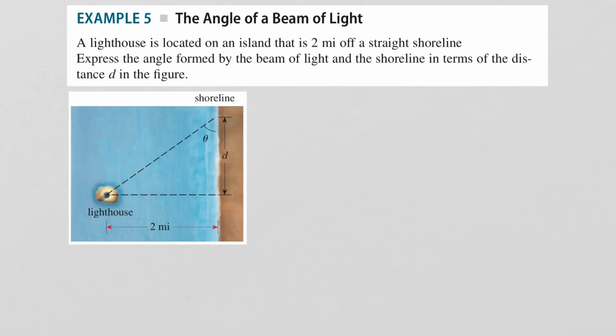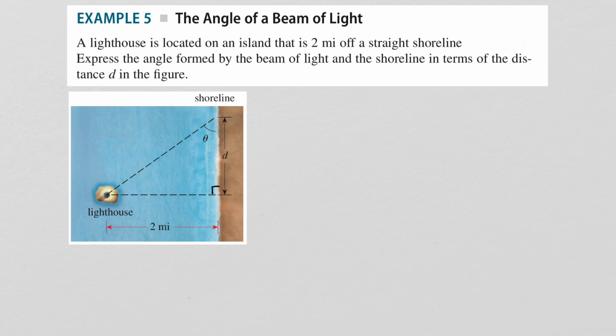In the next example, a lighthouse is located on an island that is 2 miles off a straight shoreline. So we have a straight shoreline here. The distance that the lighthouse is from that shoreline is 2 miles. Now, a distance from a point to a line is always defined to be the perpendicular distance. So we know we have a right angle here. And it says, express the angle formed by the beam of light. So we have a beam of light shining on the shore here. So we want the angle between that beam of light and the shoreline in terms of the distance d in